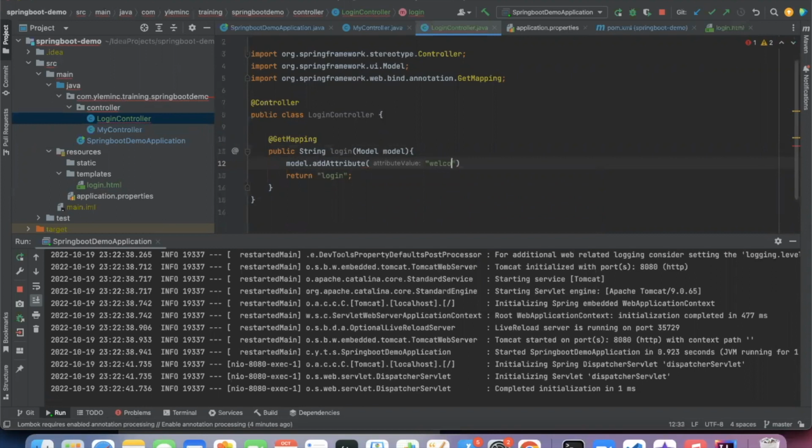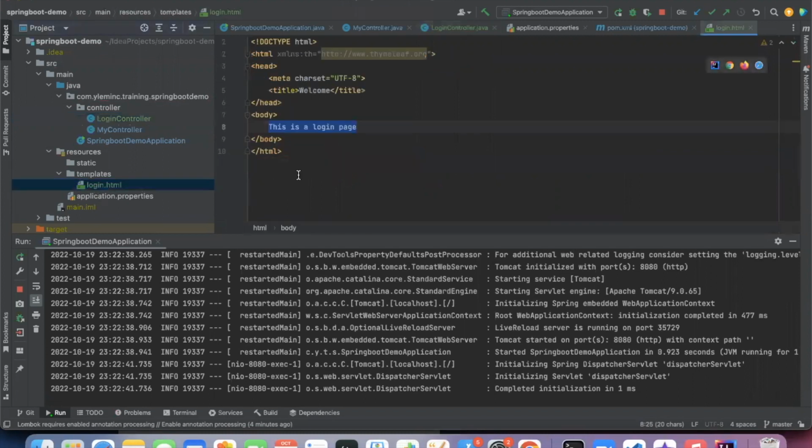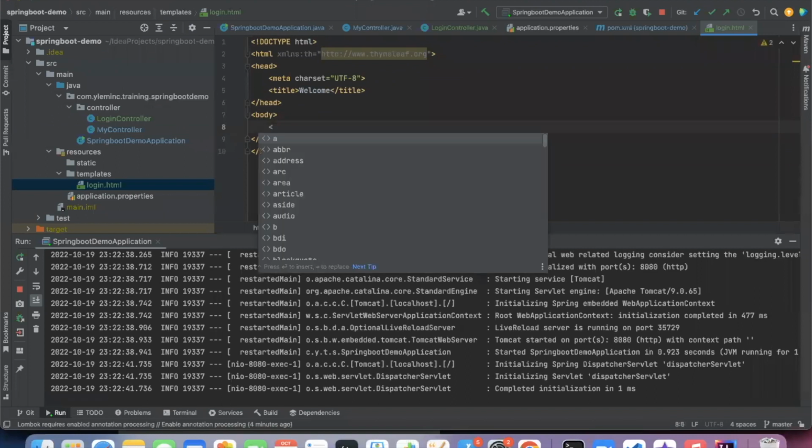You can keep it like a message, and welcome to login page. You just added here model.addAttribute, and you just added here. Now this one I will refer in my HTML. How? Instead of doing this one, I will mention th